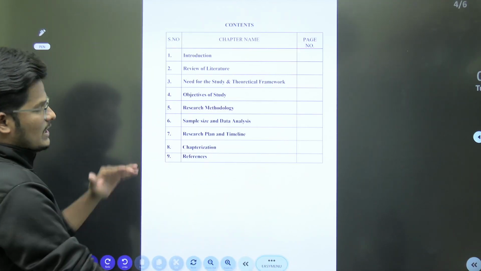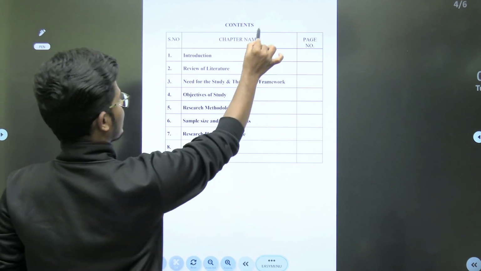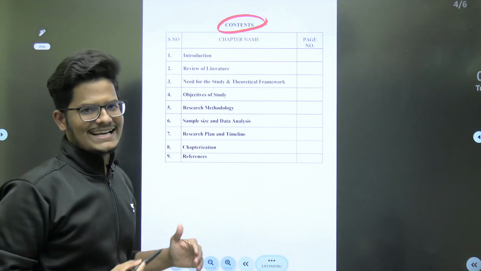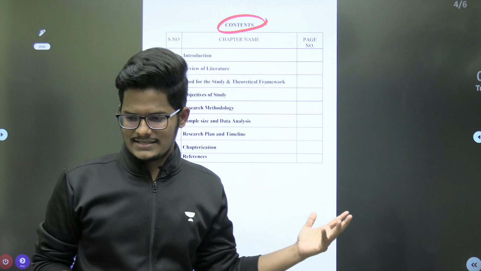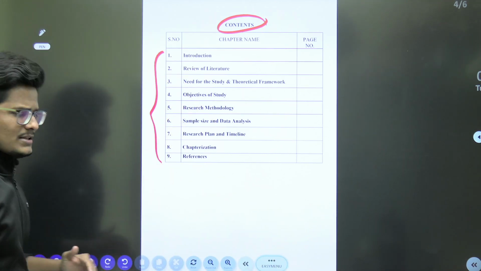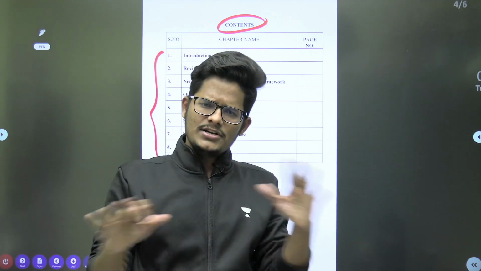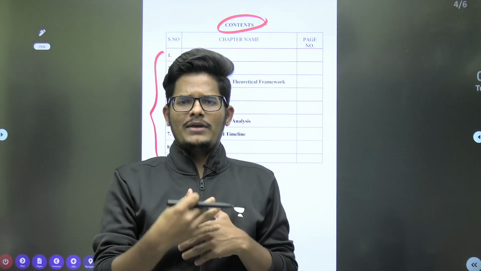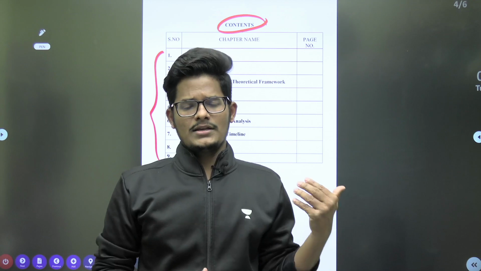Next, if you look at the next page, it is the content or the index page. We usually call it an index or the content. You can make the title "Contents" also. Our content is going to be in this way. This is not a rigid one. You can customize it as per your choice, but don't change